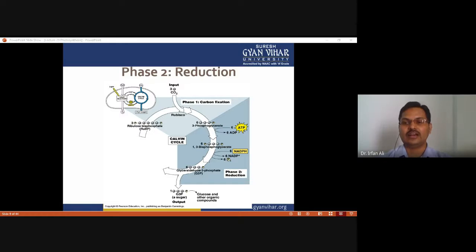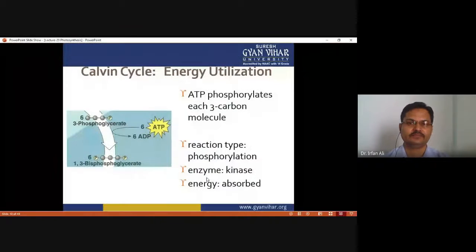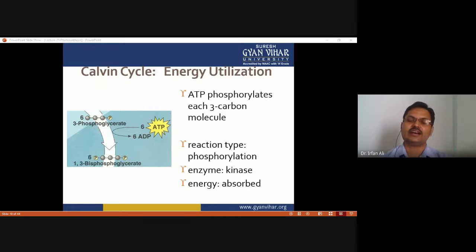But the next step is required to continuously run the Calvin cycle, which is the regeneration of ribulose 1,5-bisphosphate. So the coming reaction is required to regenerate ribulose bisphosphate. That's why this phase is called the energy utilization phase, because at this phase ATP and NADPH are